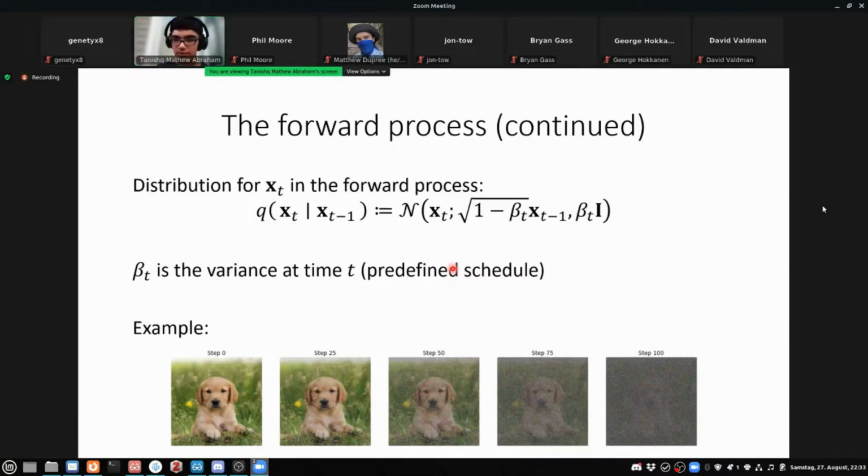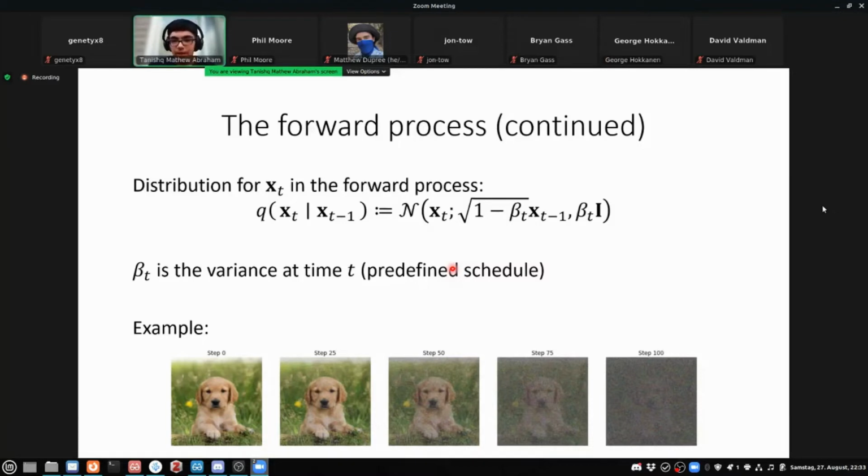Hey, this is Hakan. What's the N supposed to be? That's the normal distribution, Gaussian distribution. Okay, thanks. It's something quite close to a normal distribution, but not fully a normal distribution, but close enough to the point where you can sample from a normal distribution to start the reverse process, and it's supposed to match sufficiently well that the small gap isn't relevant.